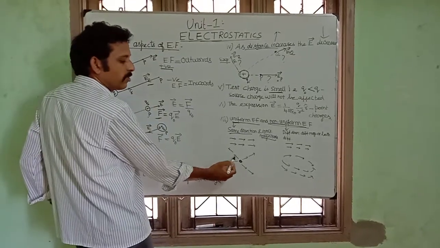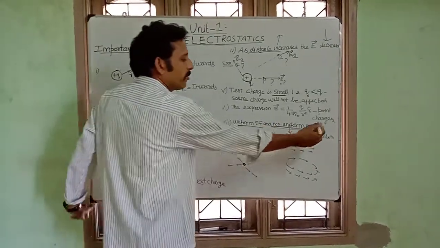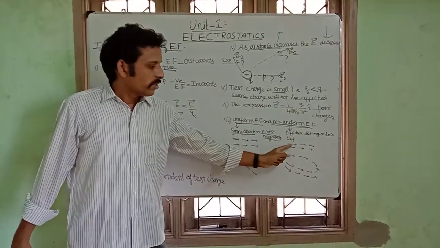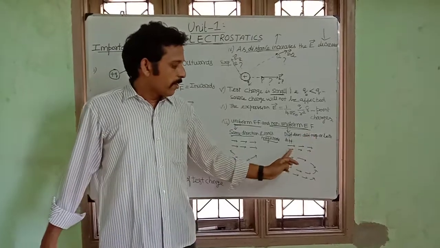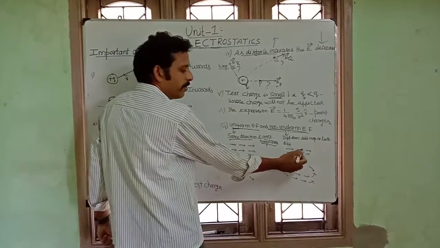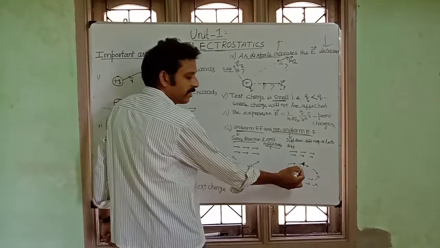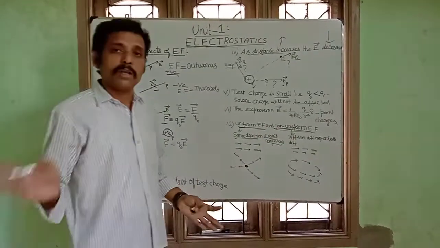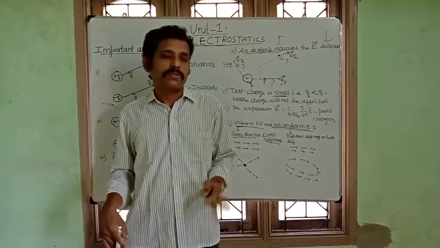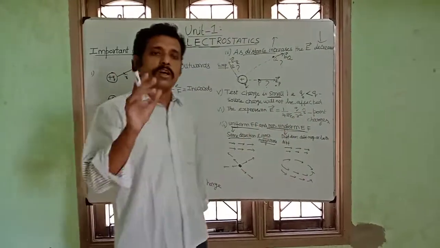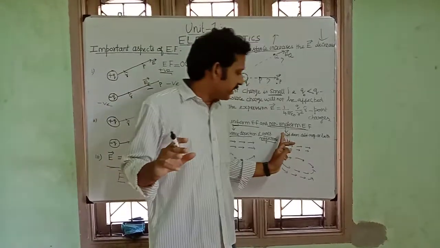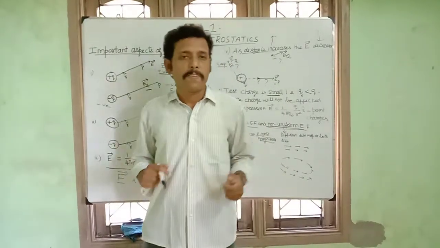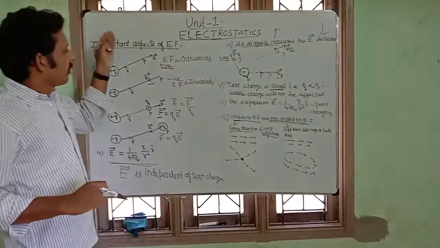Similarly, in space also the electric field is distributed uniformly. Then what about the non-uniform electric field? See here, different direction. The magnitude is also different. Here the direction is the same but the magnitude differs. Here the direction differs and the magnitude differs, or both may differ, or any one can differ. This is called a non-uniform electric field. So a non-uniform electric field is one which has different direction, different magnitude, or both different. Okay, just take a screenshot of this.